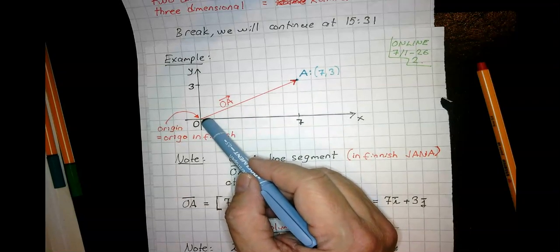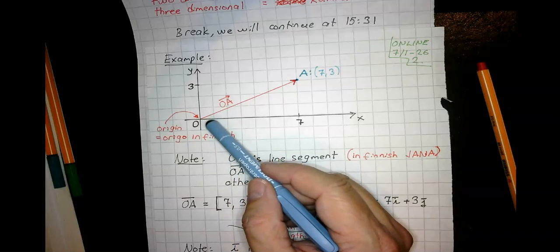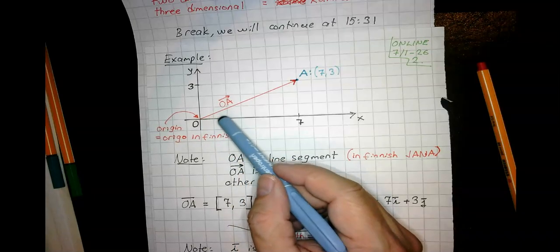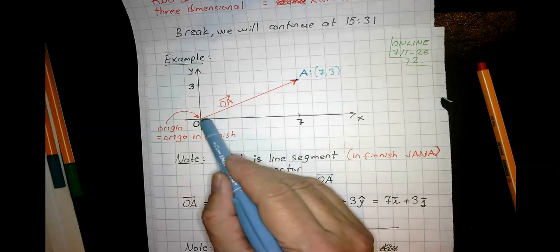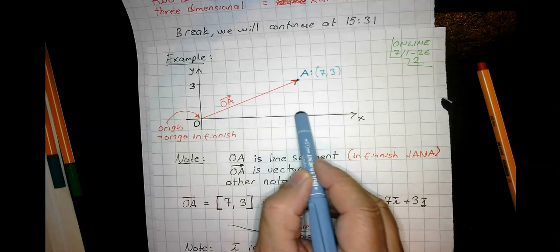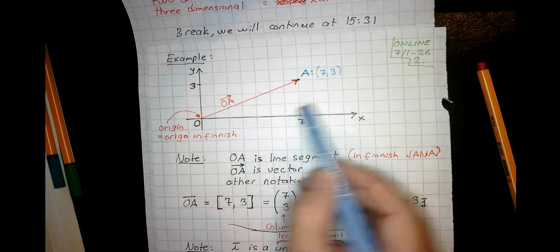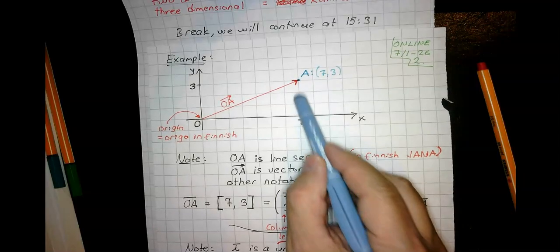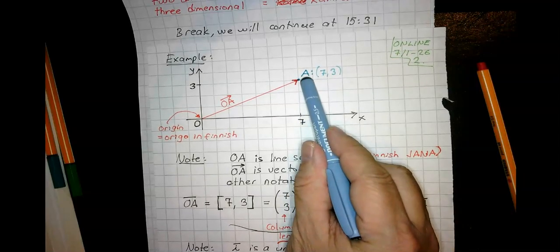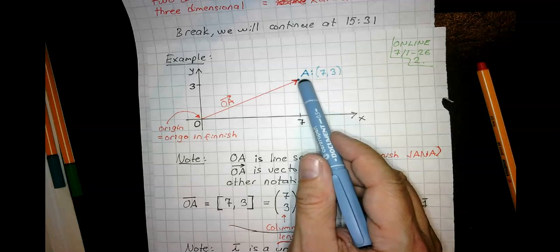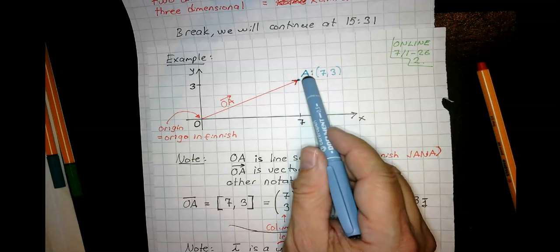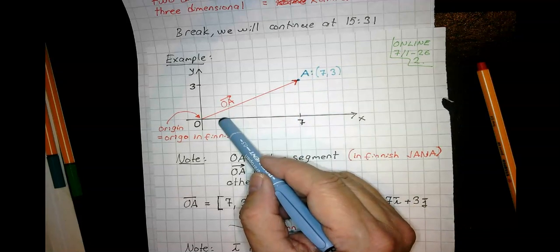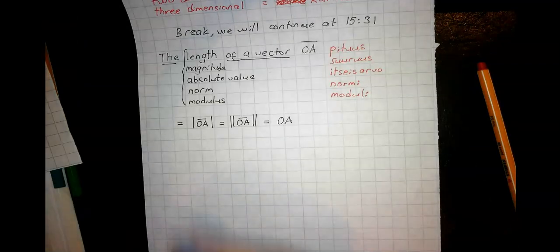And of course, the same holds when we are calculating with vectors. We have this length here, we have 7 units, and this length here we have 3 units. And using the Pythagorean theorem, we can calculate the length of the vector. So in this case,